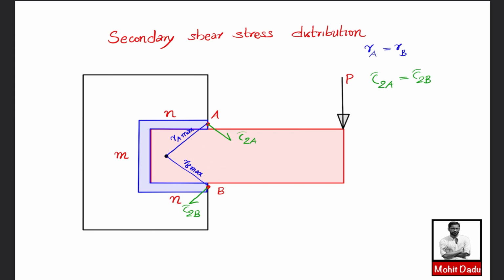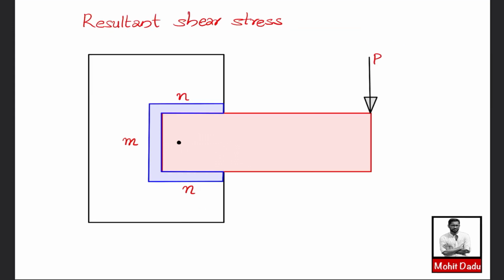The primary shear stress is uniform across all sections, or at all points within the weld sections, but the secondary shear stress is maximum only at the points located at a maximum distance from the CG. From this primary and secondary shear stress component, you can obtain the resultant shear stress. So here we'll be finding the resultant shear stress. You know that point A is lying here and has the maximum secondary, and at all points the primary is the same.